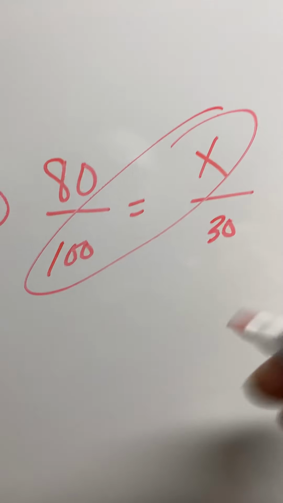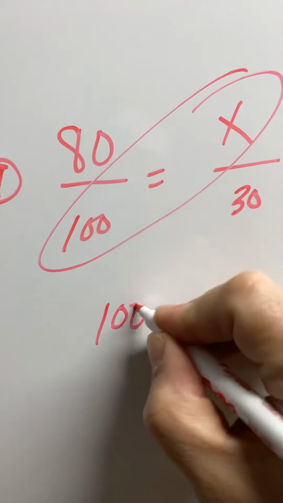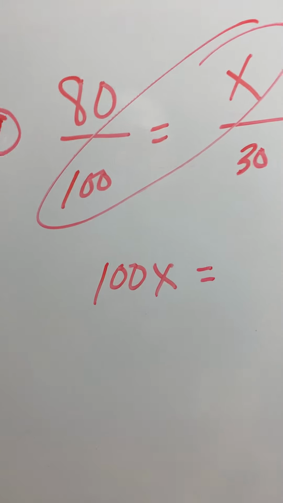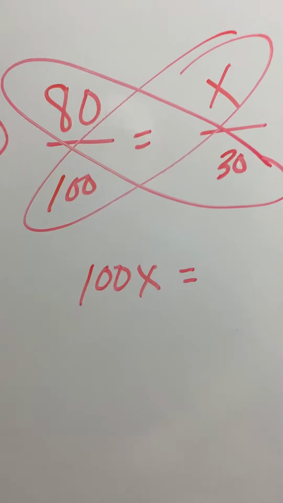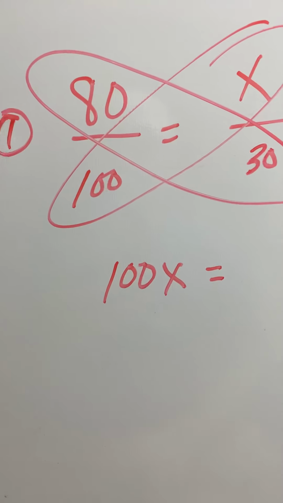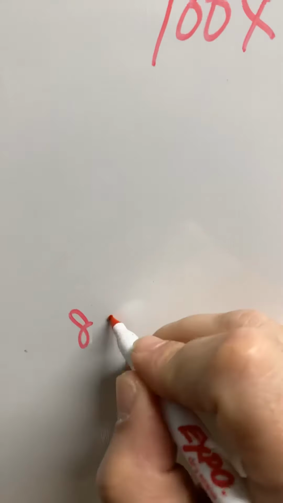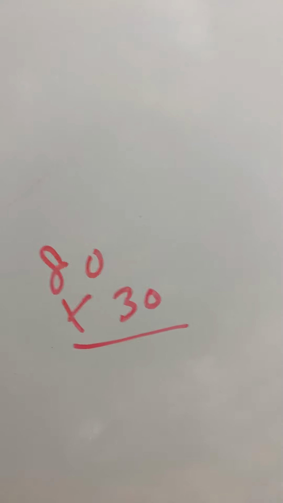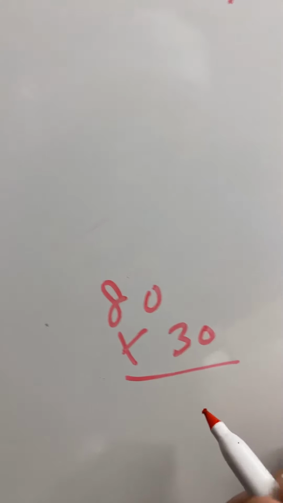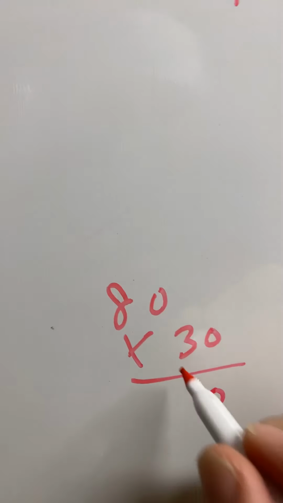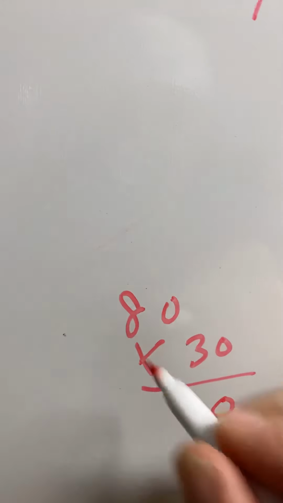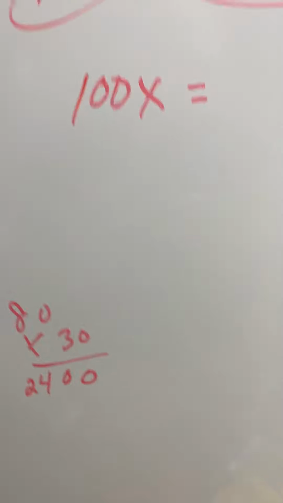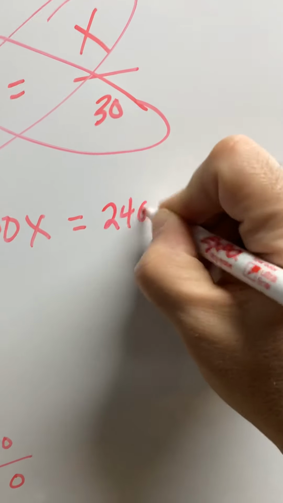100 times x. We don't know the value for x, so that becomes 100x. It attaches itself. Equals 80 times 30. Well, if we don't know that answer, we just come down here and go 80 times 30. Or you guys can use a calculator because you're in 8th grade. So 0, you can just bring down as a placeholder. 3 times 0 is 0. 3 times 8 is 24. So 2,400. You write that right over here. Now,